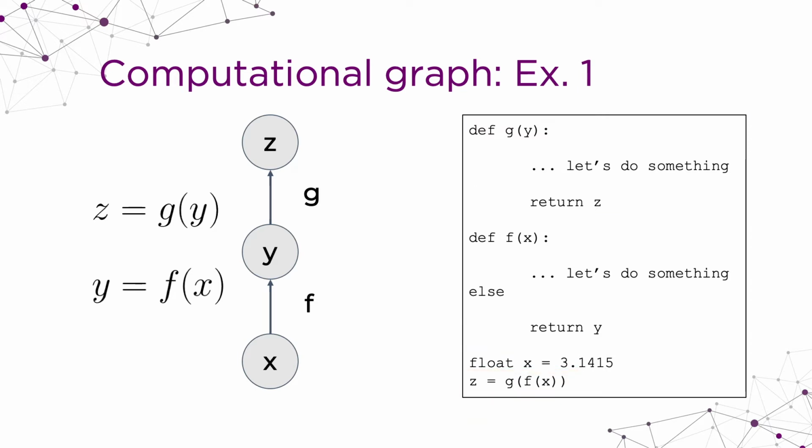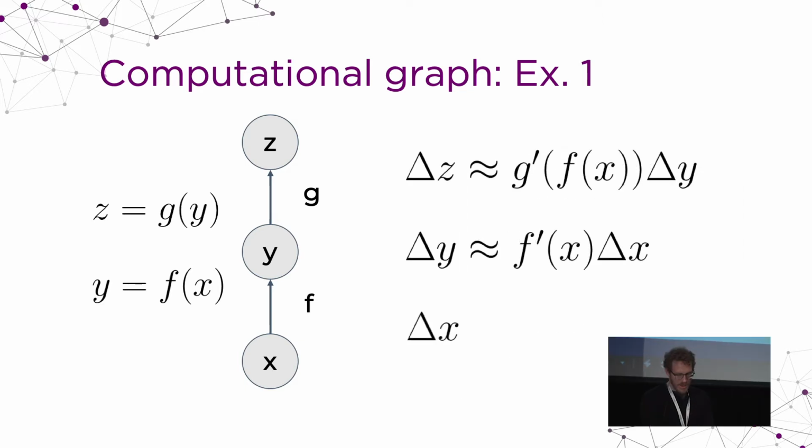Here I have only a representation. It's not related to deep learning. It's only to see variables as nodes and functions as the edges. And now, if I move x a little bit, how will z change? So I can compute the result